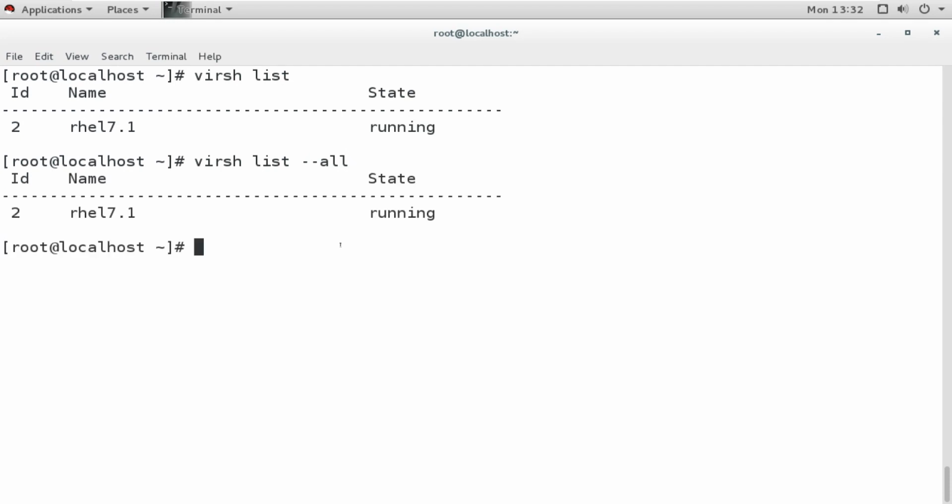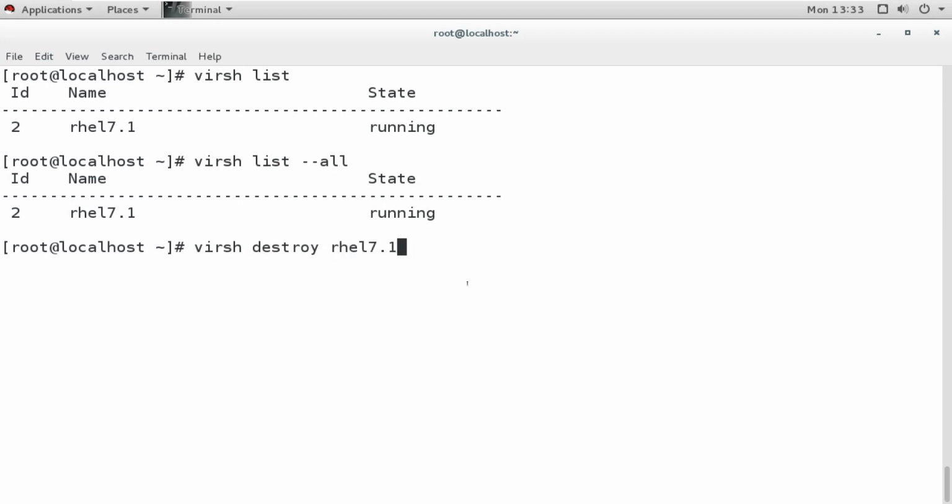Now if you want to stop those machines or force shut down those machines, then you can do this: virsh destroy, and then you can mention the name of that virtual machine, like RHEL 7.1.